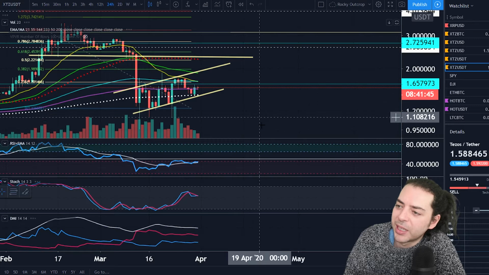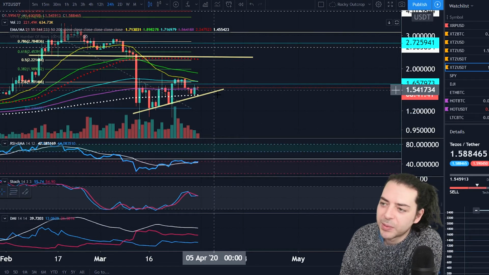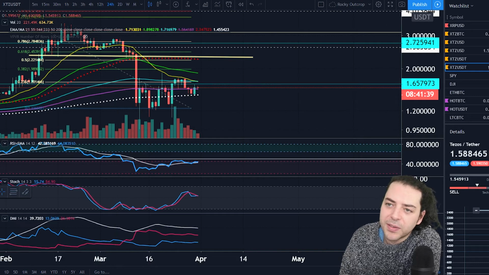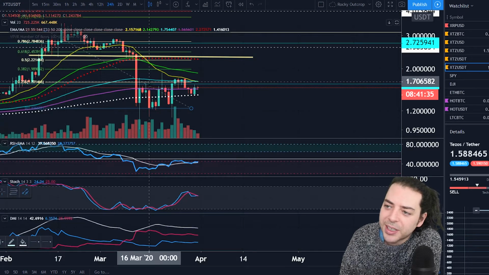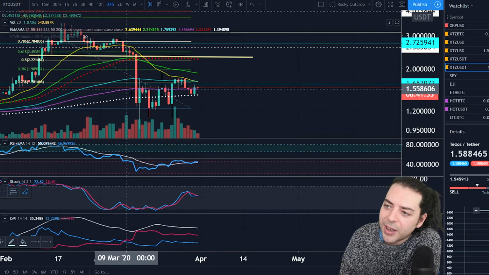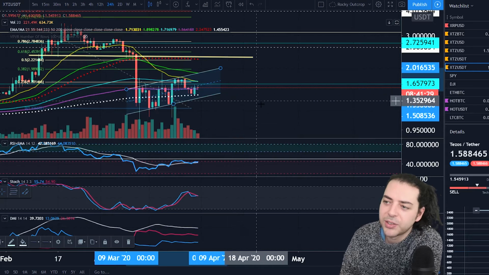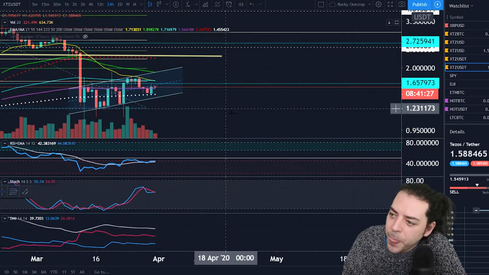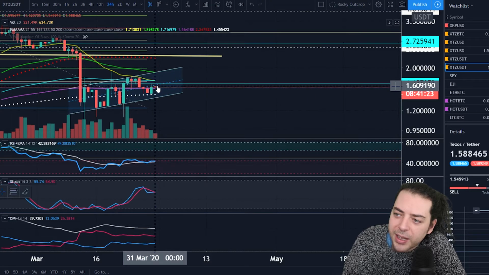Over here then, let's go back to Channeltopia, and shall we get rid of this and replace it with an actual channel instead of the yellow lines, because we know that the colors are annoying. Now, this is a hard one to draw in, because I'm forcing the issue here, but there it is. And you can see, oh look, the 200 simple here already acted as support, and then we've come up here towards the midline of this channel.